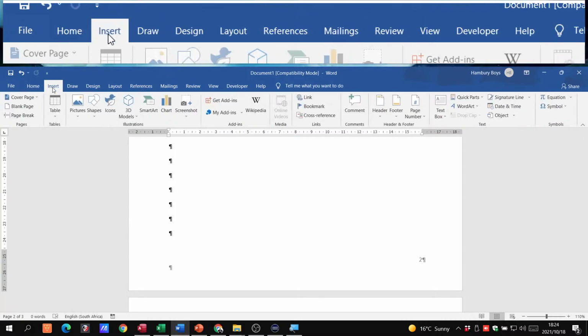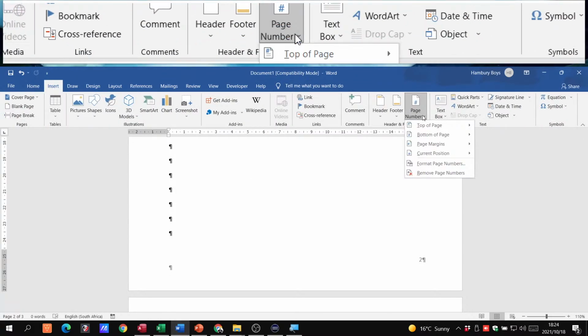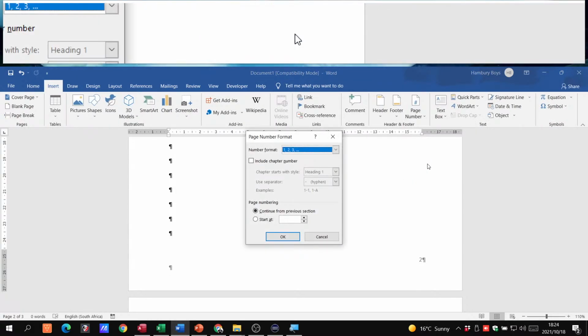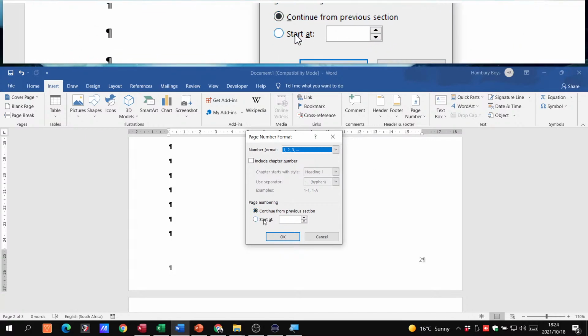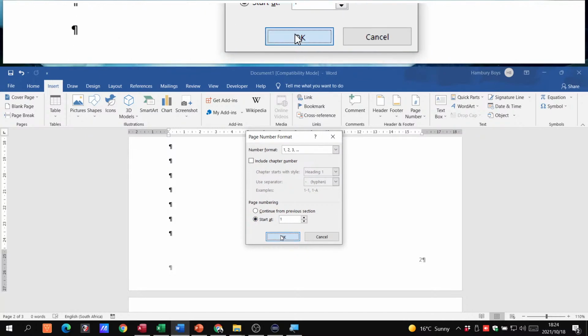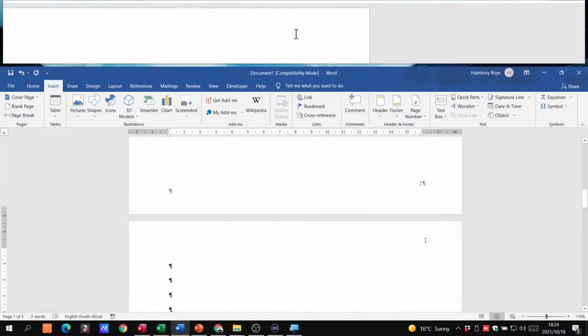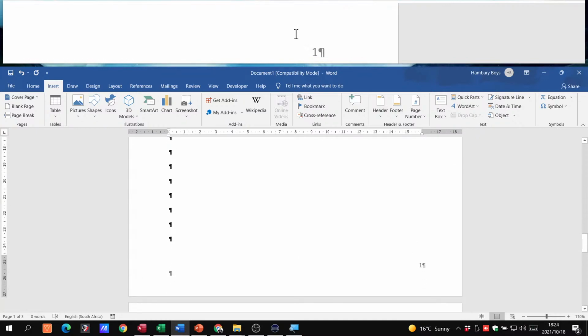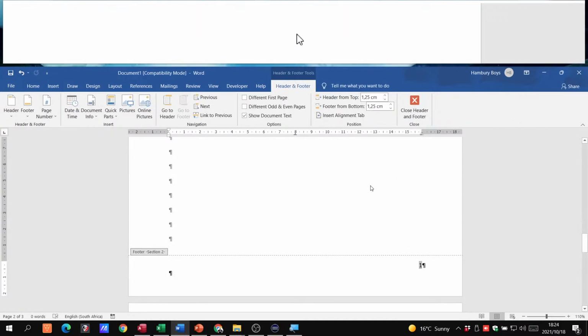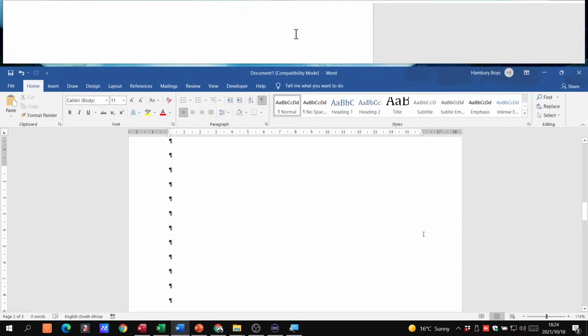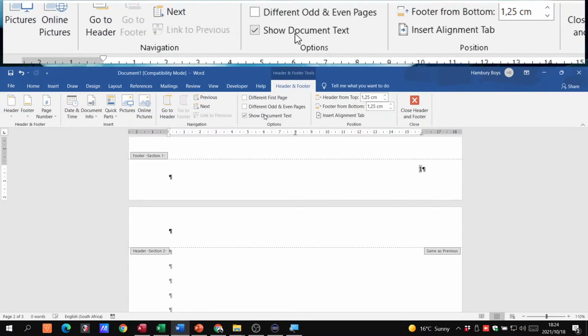All we do is we're going to go insert. We've got our page number again. Format our page numbers. This is what we want to see, because we want to tell it where to start at. Okay, and we want to start at number 1. And the only problem now is that it's still on my first page. So if I go into my first page, and I go different first page,